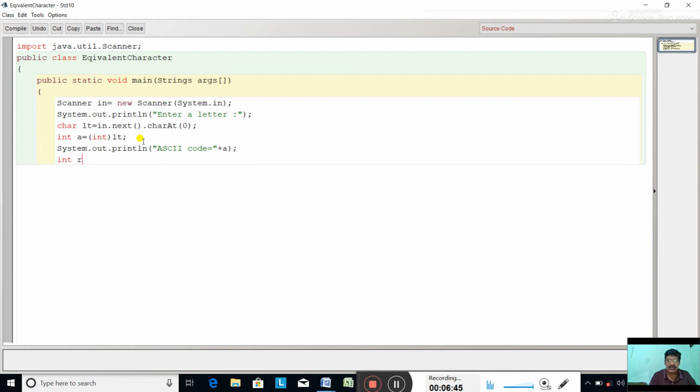Int r equal to 0, comma d, to pick up one digit at a time.